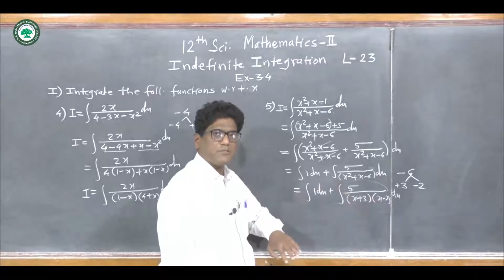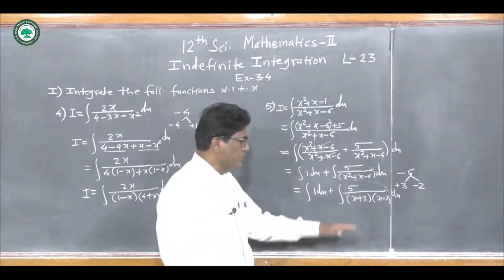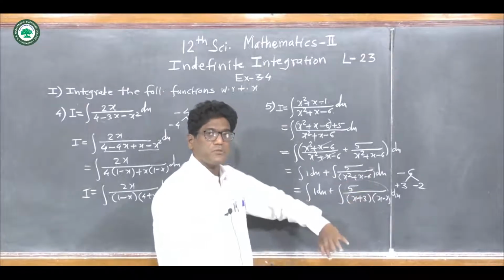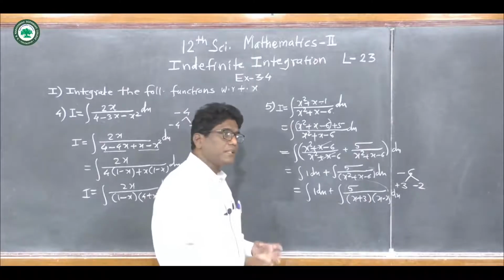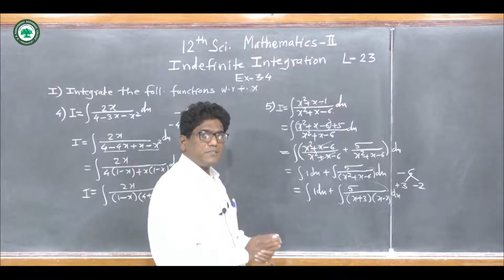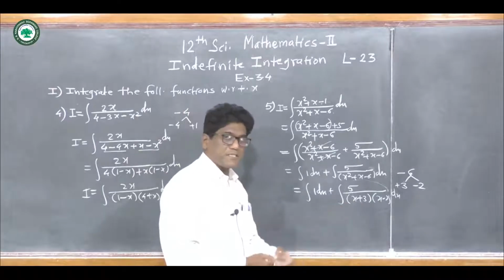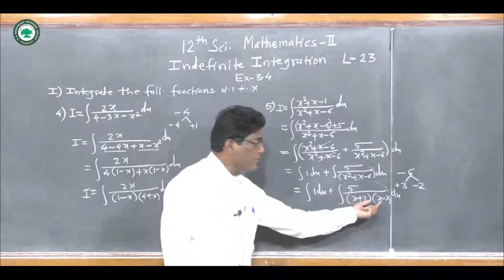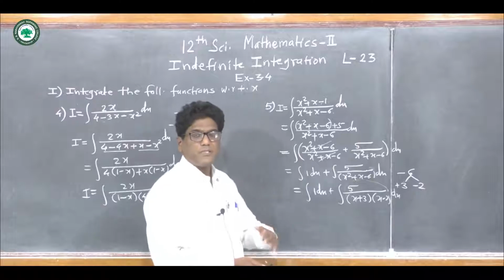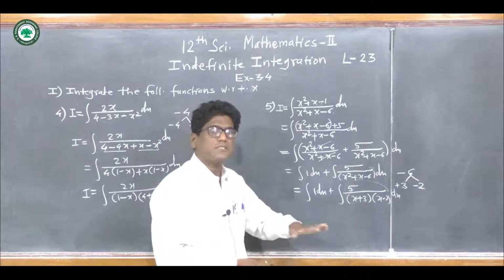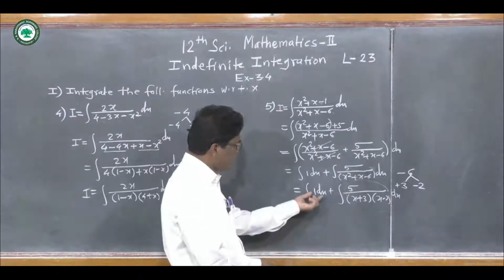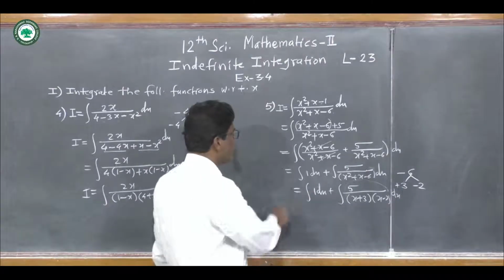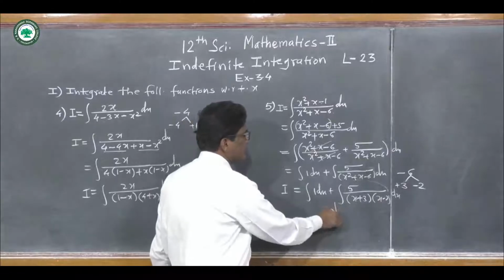Then find out the values of a and b by substituting the first factor x plus 3 is equal to 0 and the second factor x minus 2 is equal to 0. And then take the integration, that is integration of a upon x plus 3 plus integration of b upon x minus 2, using the formula integration of 1 upon x dx is equal to log of x, and solve the remaining problem. And integration of 1 dx is x, we know. So we can solve the remaining problem.